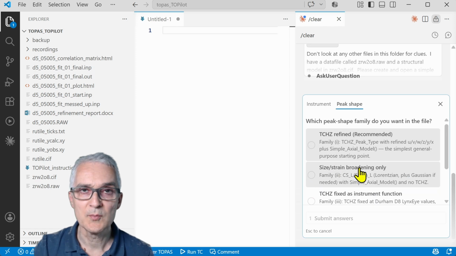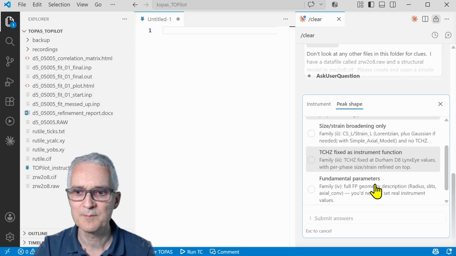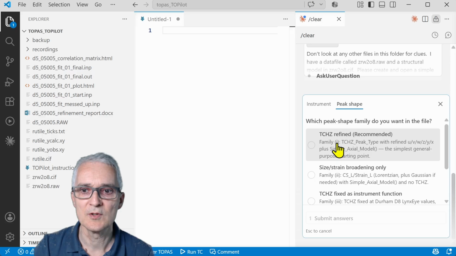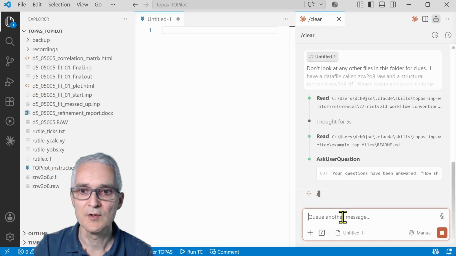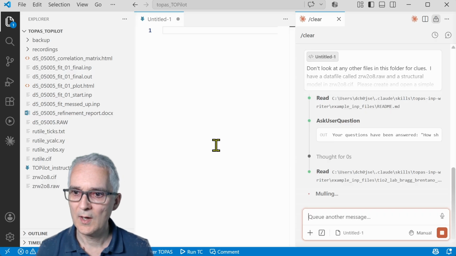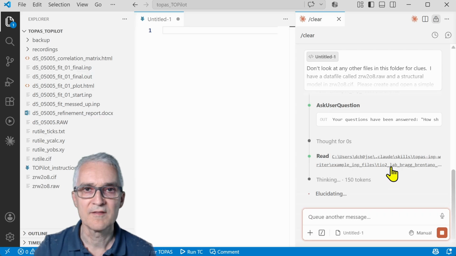And then for the peak shape, we could ask it just to make its own decisions about the best peak shape to use, but I prefer it if it comes back and asks me. So let's do a simple TCHZ pseudo-Voigt peak shape for this particular example. Okay, so it knows what to do now, and it's going off and looking for how to set up